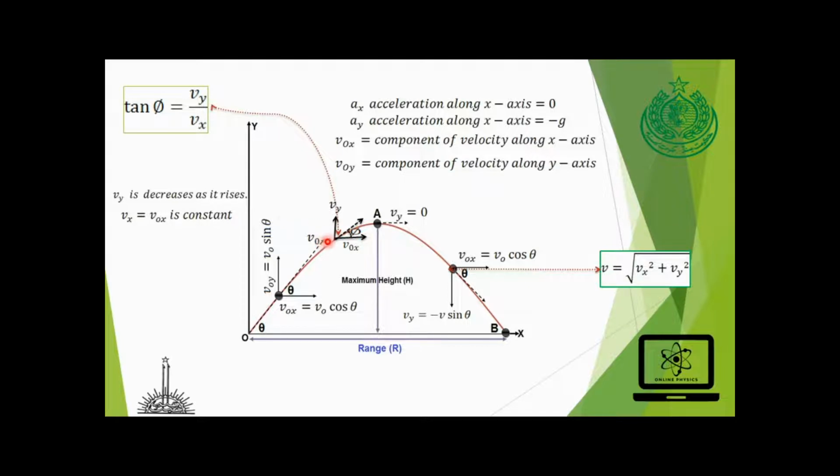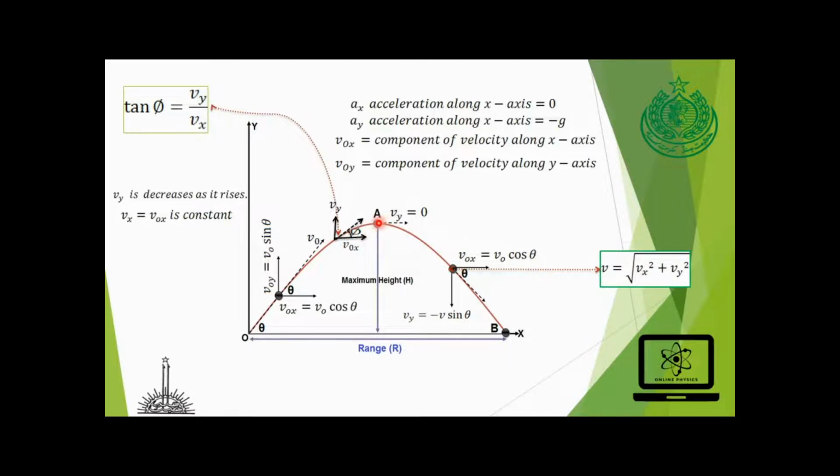This velocity vector is tangent to the path of the projectile at any instant, like this. This is the tangent at every instant. So this is the point of launch and this is the point of impact. The distance between the point of launch and the point of impact is known as the range or horizontal distance, and the path followed by a projectile is called the trajectory, and this looks like a parabola.